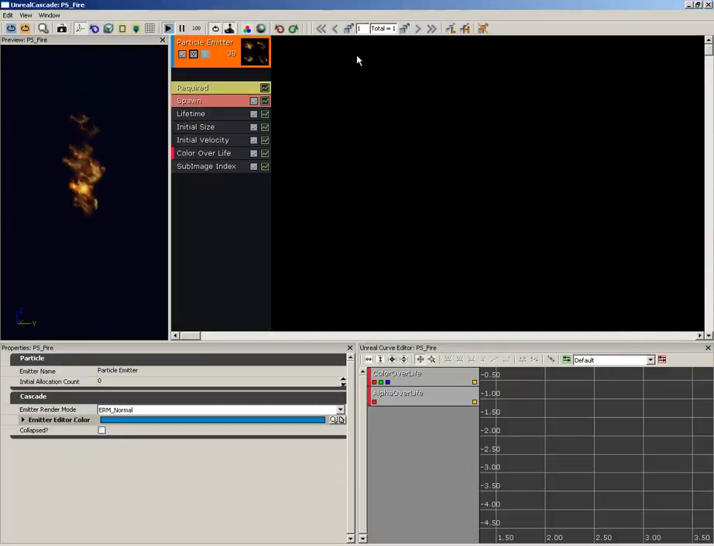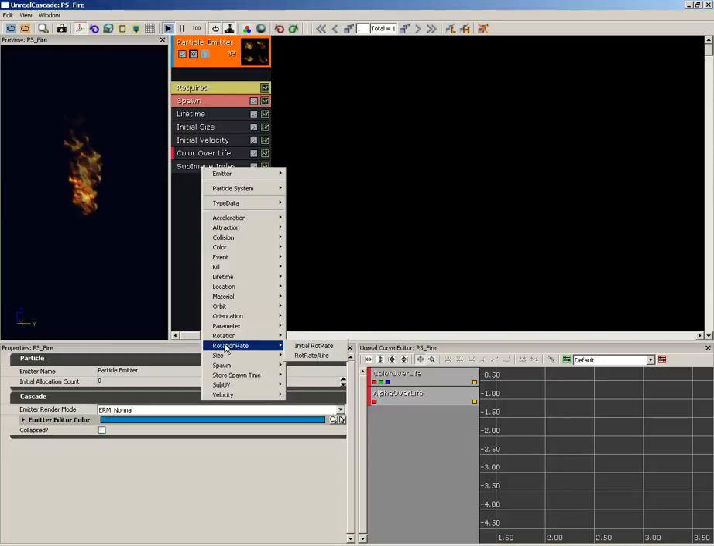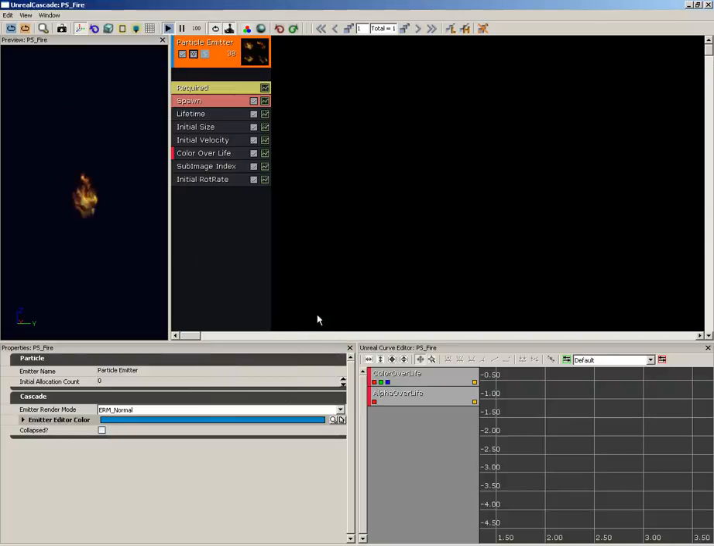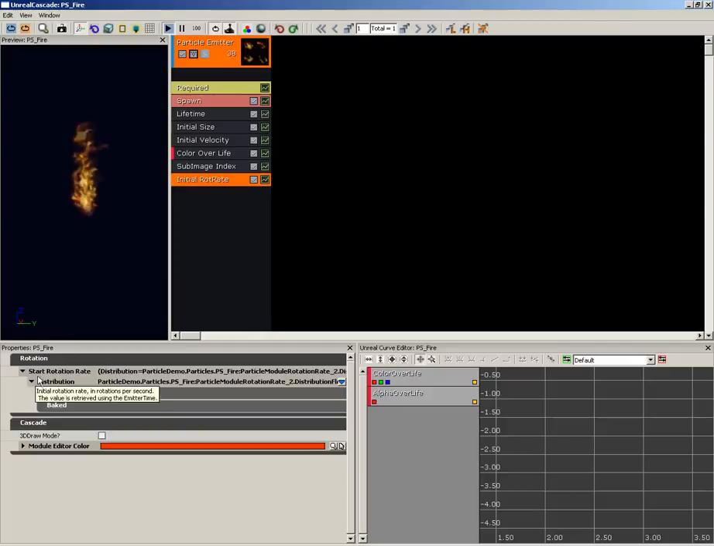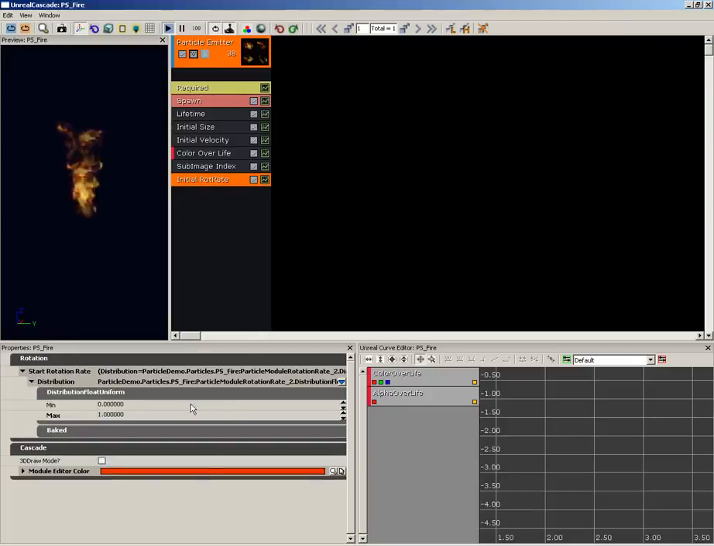Moving on with our particle system, the next thing I want to do is make our particles spin a bit. So I'm going to right click and come down to rotation rate, which means animated rotation, and we'll choose our initial rotate rate module. Now by default this causes our particles to all spin clockwise, which looks a little bit funny. So let's select the initial rotate rate, expand start rotation rate, and the distribution's a float uniform with a min and a max, so let's set min to -1. And now the particles can spin either way they like,